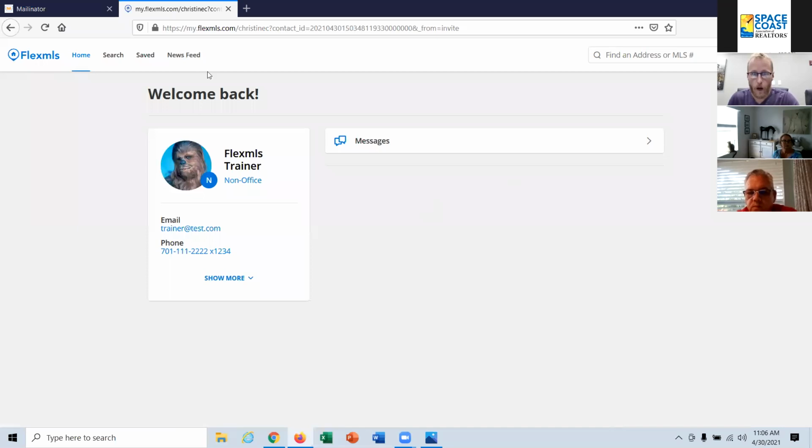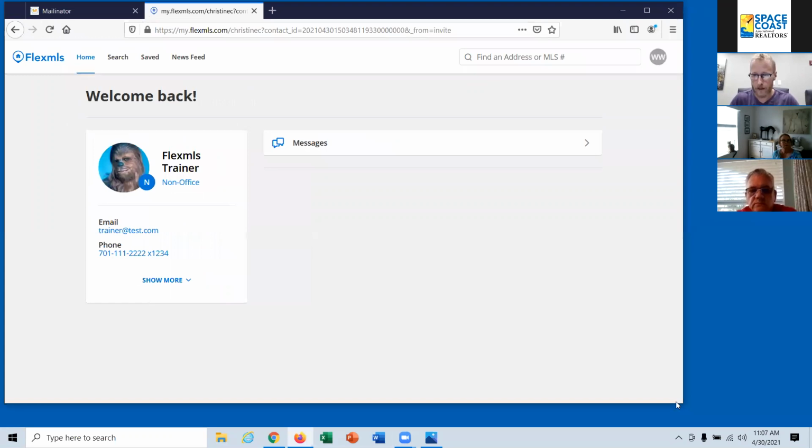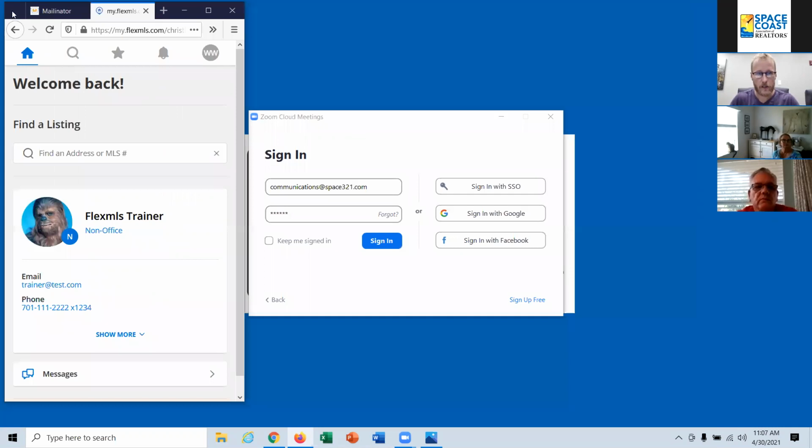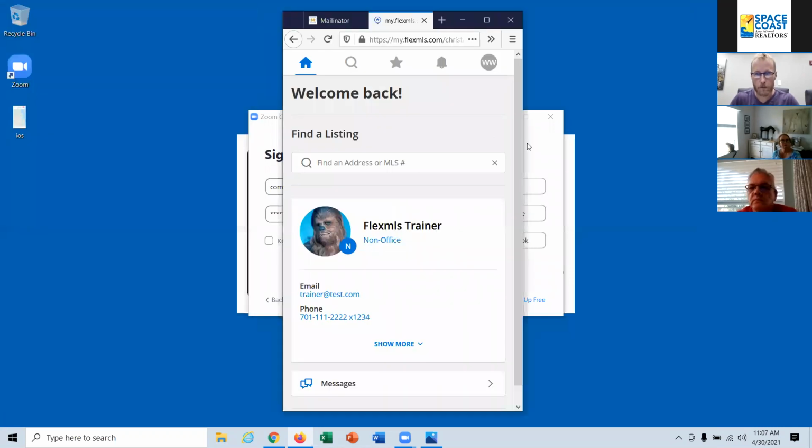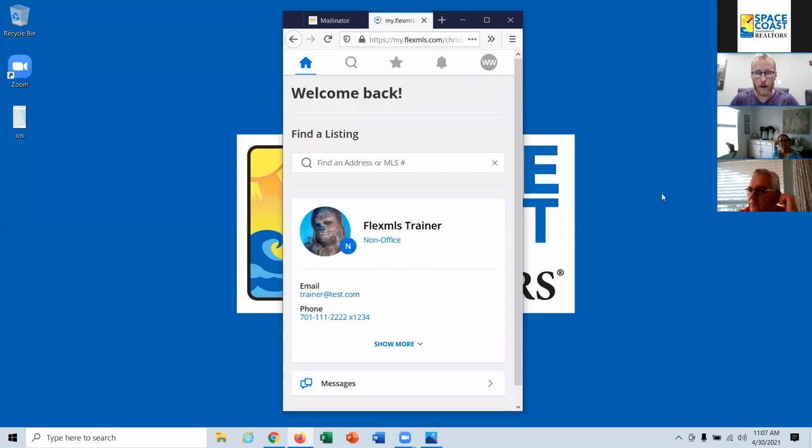So watch what my screen does. Right now, it's the full screen. So if they're logging in on, say, a tablet, or they're looking at this on their computer, it's going to be full screen. Now, when I minimize it, notice how it changes. So the portal is mobile responsive. Let me just get rid of that. So what I mean by that is if you send them an invitation,